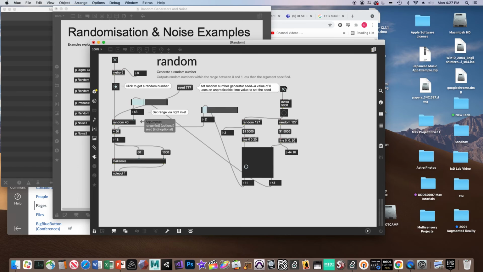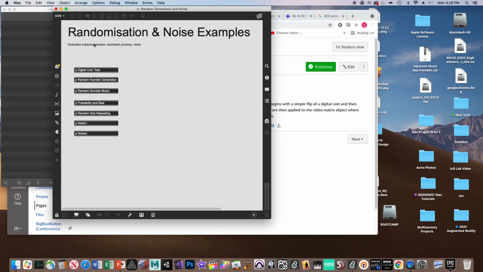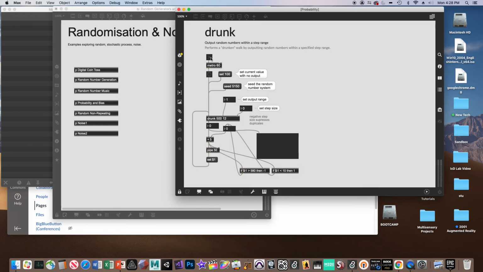So what I'm doing here is making more complex agents for my multi-agent system out of simple ones. So if we have a look at the drunk object again,